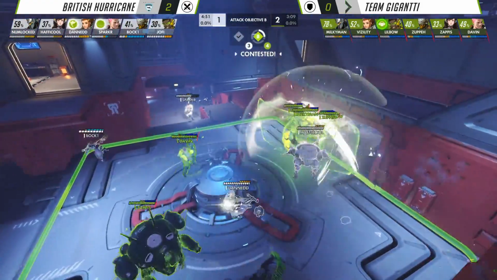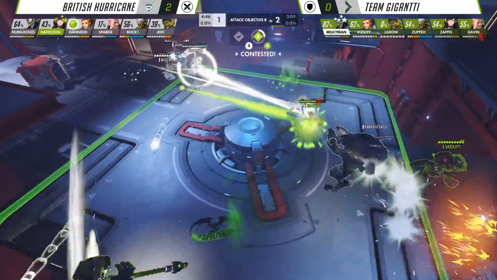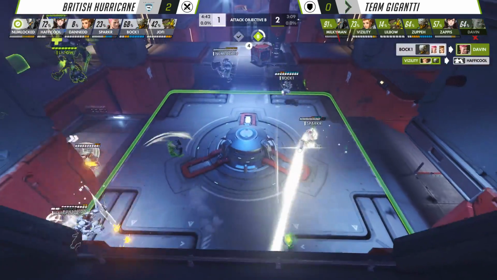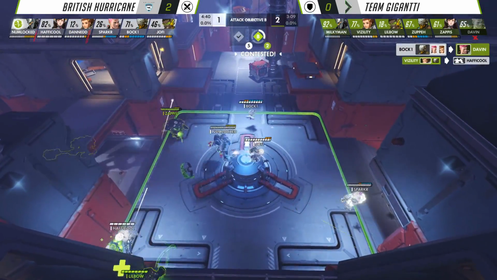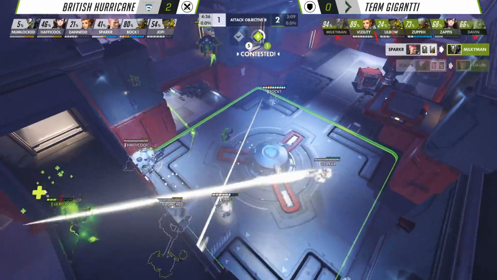Sound barrier being committed by Lilbo as they're locked in this tight space, but they can't get the kills. There's the charge from Milky Man. Boots away to move out of the line of ring into the firing line of Numlock to go in with a charge of his own as Bocky will take out Davin. D-Mech for Happy Cool. They're going to throw it down, and Milky Man is isolated again by that shatter and completely